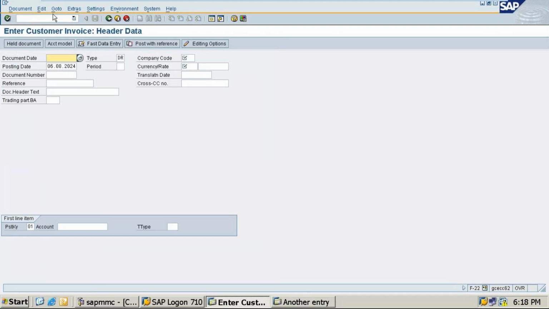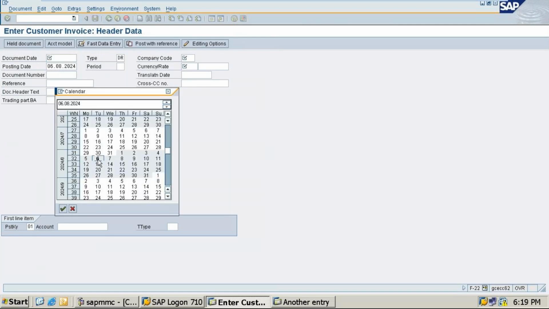Enter the customer invoice. So what we need to do here, everyone do it here: document date.